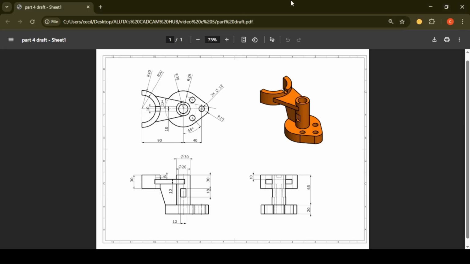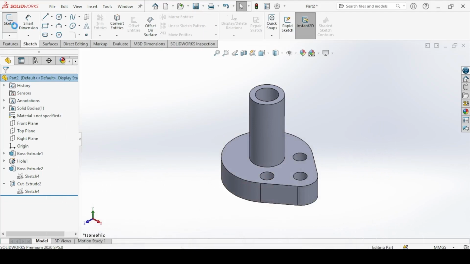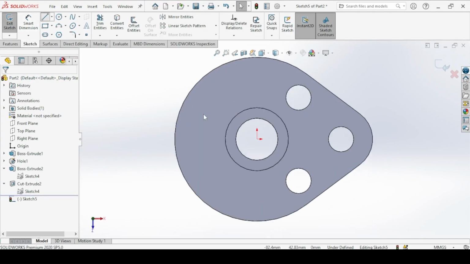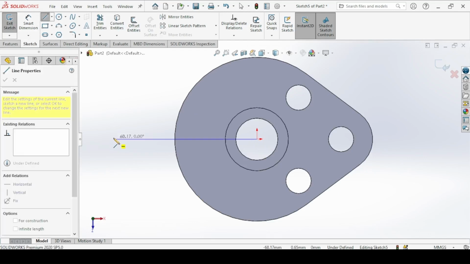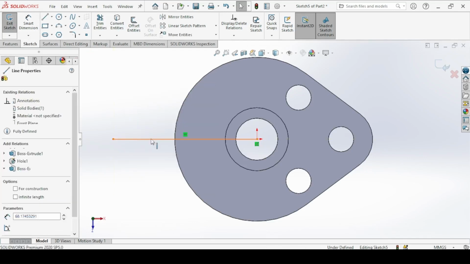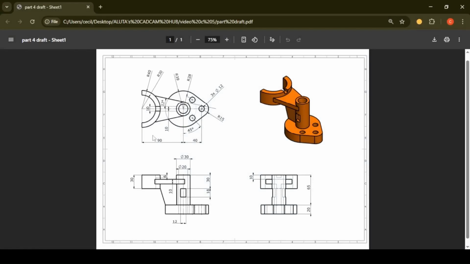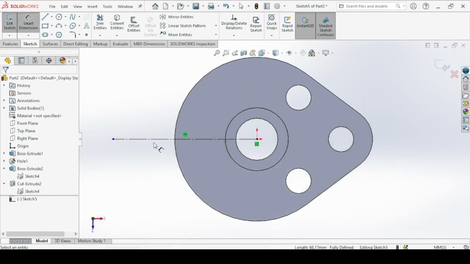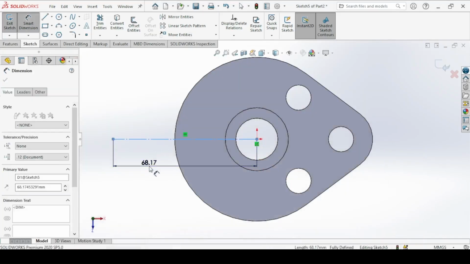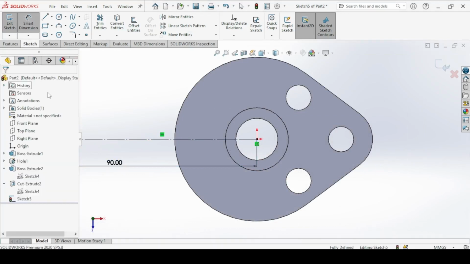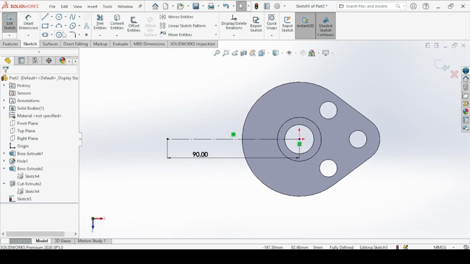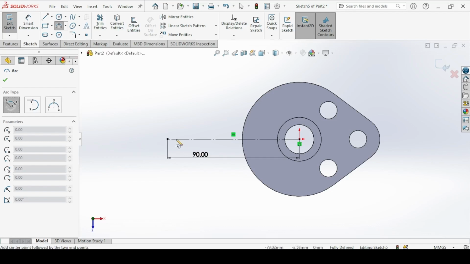Next, we create a sketch for this feature here. Create a sketch on this face. Get a horizontal line, that will be a reference line. And the distance is 90 millimeters. Draw 2 arcs with the center point arc.